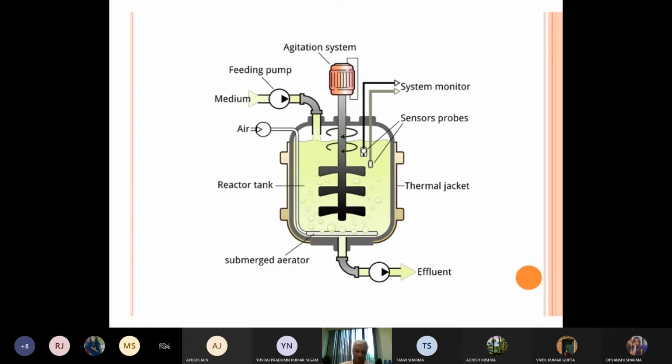A fermenter is nothing but a vessel. When you make curd from milk at home, what do we do? We just take one pot, take milk, and put curd into it, correct? Curd is nothing but a bacterial culture of lactobacilli and maybe multiple other bacteria that you are putting in. That is also a fermentation, correct? Yes, sir. And in some of your houses you might be preparing wine.